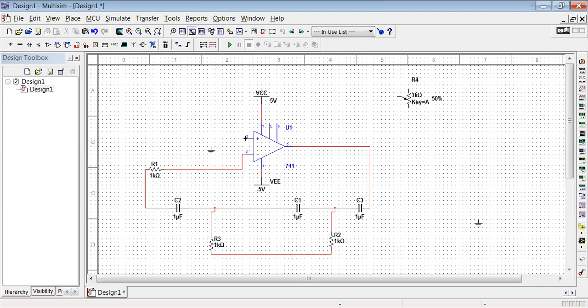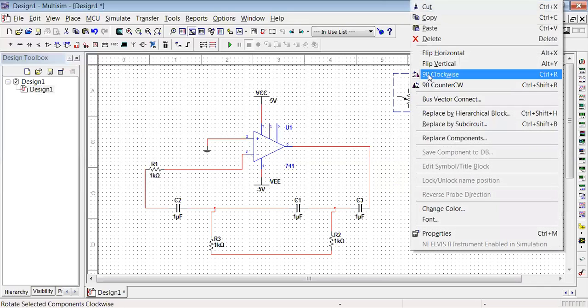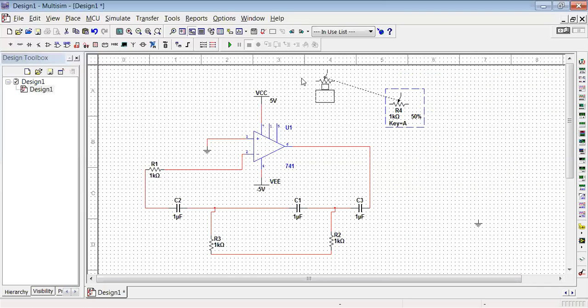Place it here, pin number 3 grounded, and place the potentiometer. Connect it across this, from pin number 2 to 6. Pin number 2 is connected, and from this connect to pin number 6. So now this is connected.